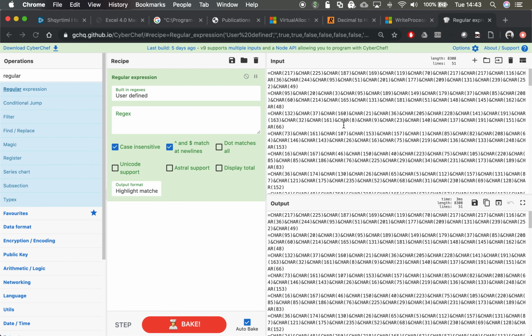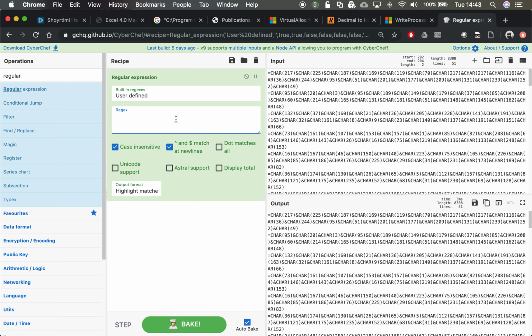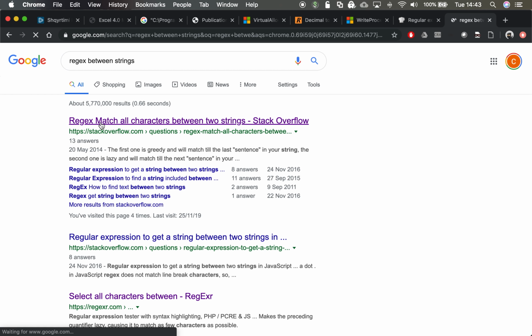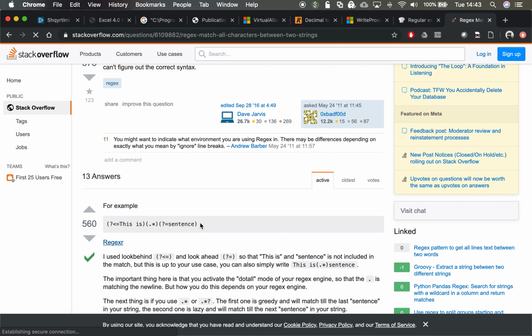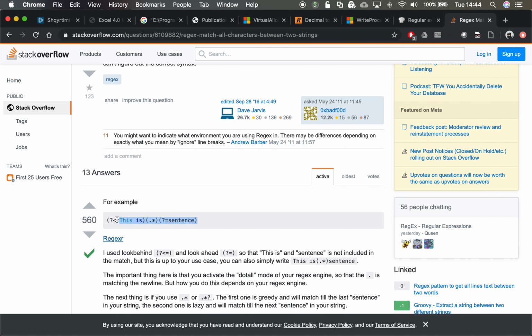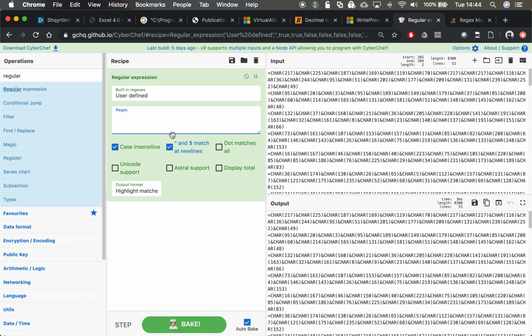I don't know. So what we can do is, I completely stole this from, I'll show you, regex between strings. I won't take any credit for this regular expression because I'm absolutely rubbish at creating them. But you can see here this dude wants to know how to match every character between "this is" and "sentence". So he just wants the middle bit. If we take that kind of syntax and apply it here, obviously we don't want "this is". We want stuff that's between char